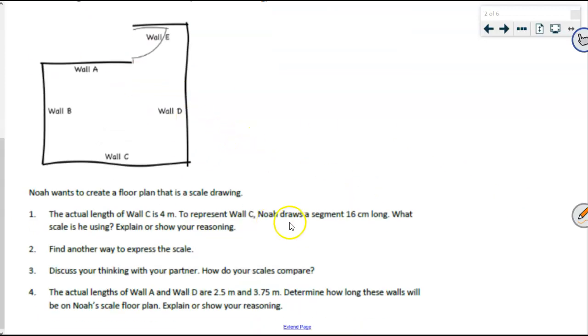Noah does want to create a floor plan that is a scale drawing. The actual length of wall C is 4 meters. So on this rough sketch, I'm going to start labeling. This is 4 meters. To represent wall C, Noah draws a segment that is 16 centimeters long. So when he actually draws it on his own paper, and I know you don't have rulers in front of you, but when he actually draws it, he wants it to be 16 centimeters, okay? So